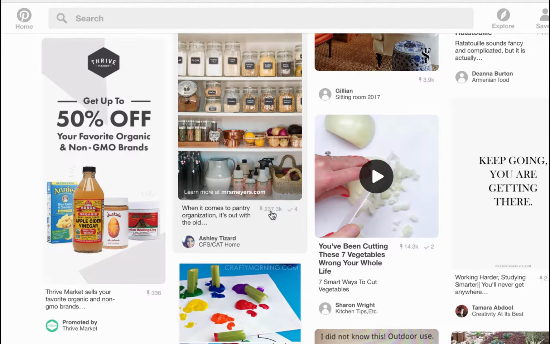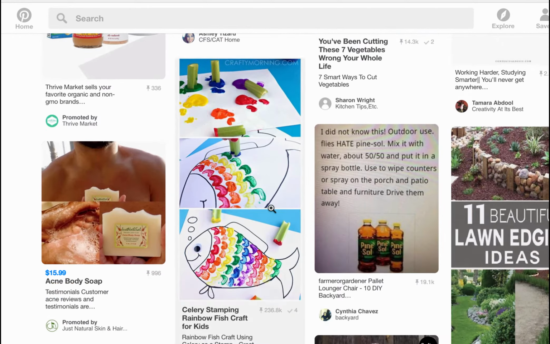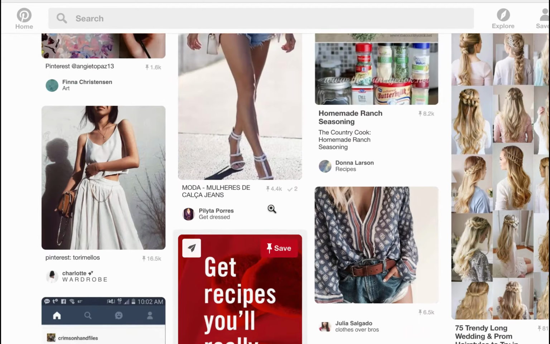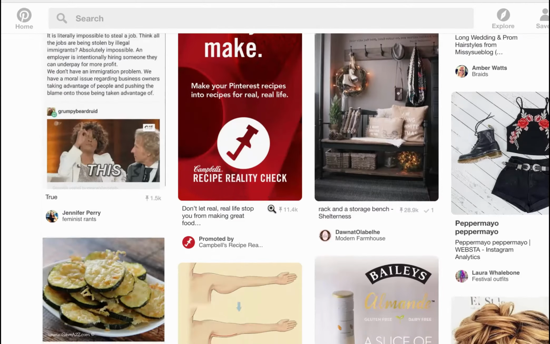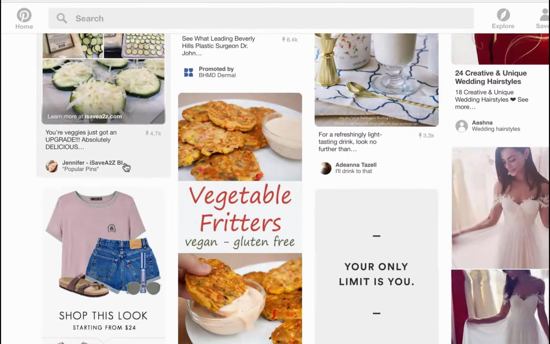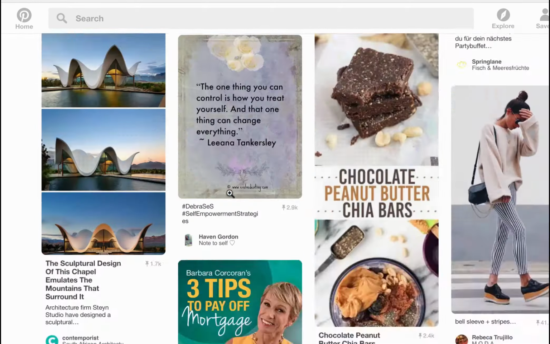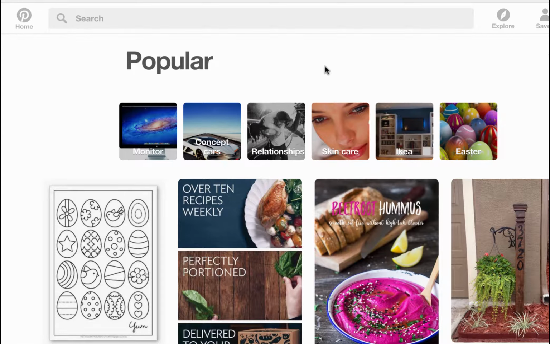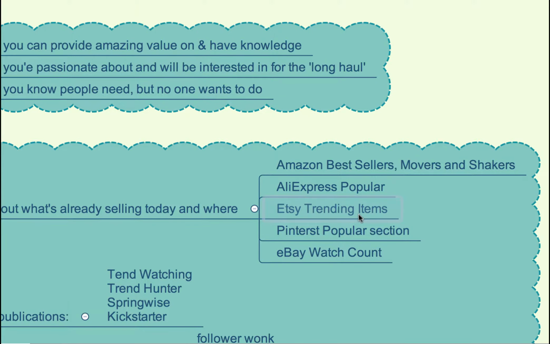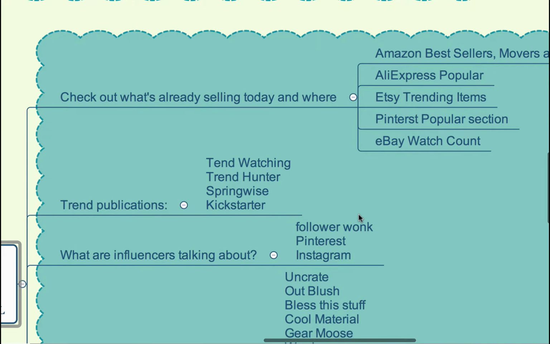It has 200,000 pins. Some of the stuff obviously probably won't relate to products, but again, it's going to give you some good ideas as far as what to check out and get, and what kind of niches are trending out there, and potential niches that you can explore as well.